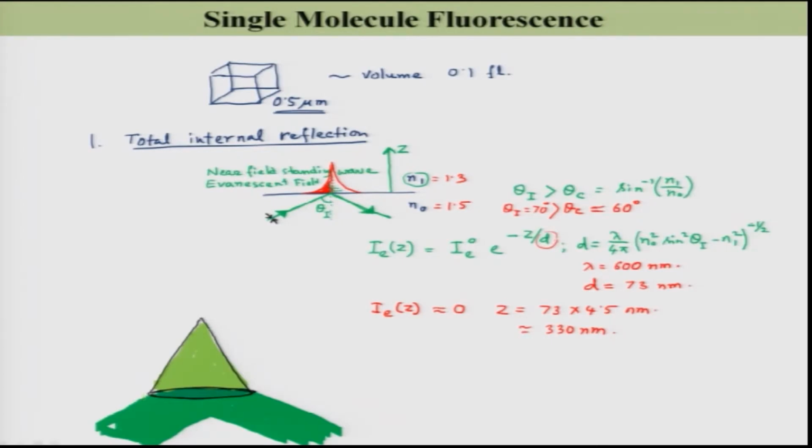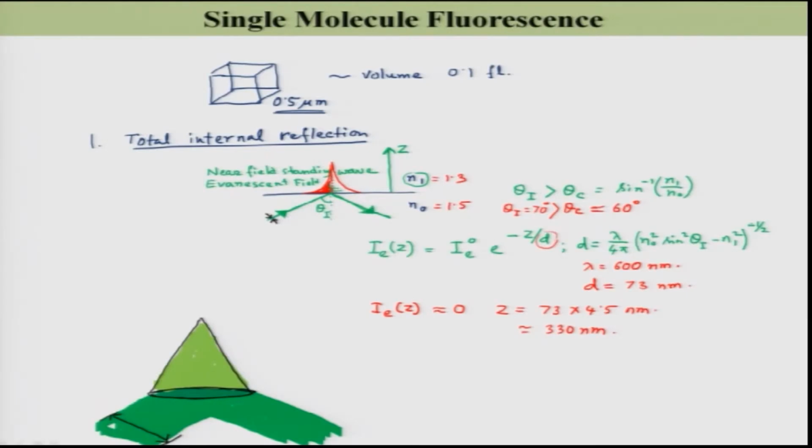So, I have just assumed that this exponential decay will be like a cone. Now, if the diameter of this excitation light is known, then you know how to calculate the